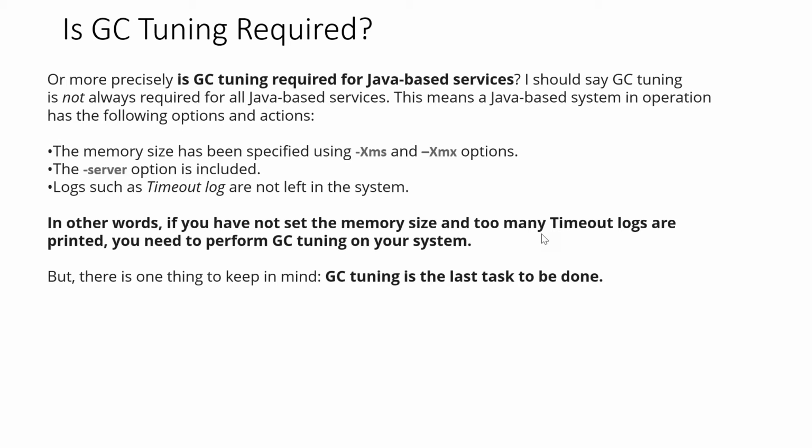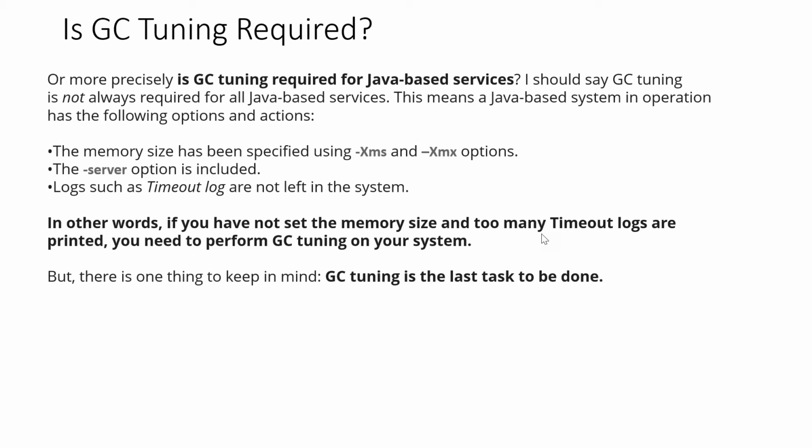Most of the times, using the Java memory options like Xms, Xmx, and all the options that we discussed in the previous class, JVM performance can be improved, right? So you don't need GC tuning as such. Only in very rare cases do you need to tune GC.